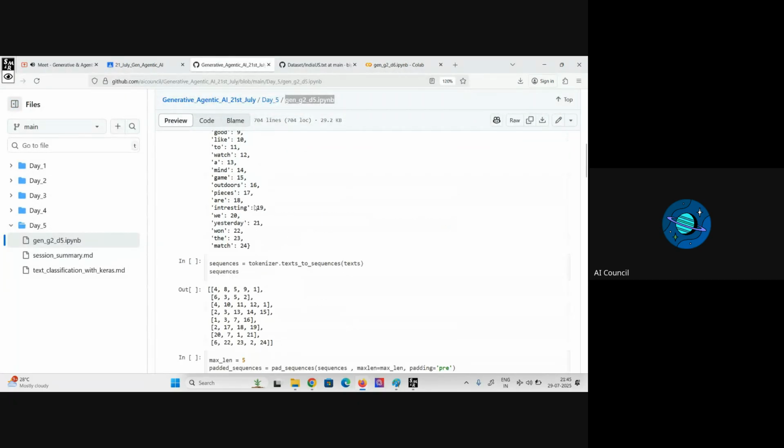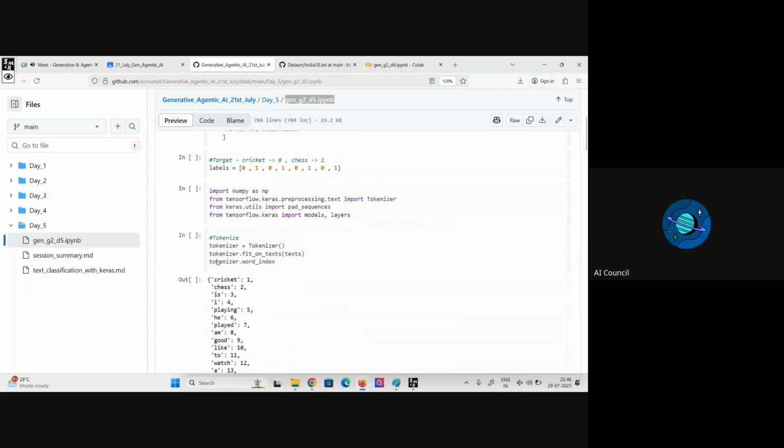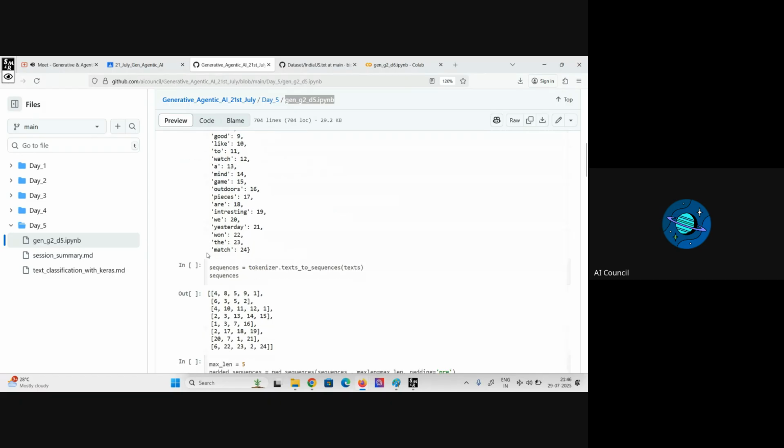Here, first, this tokenizer did what? It identified the number for each word, or gave a number to each word. And thereafter there is one more function that converts the text into a sequence. So we'll take tokenizer dot